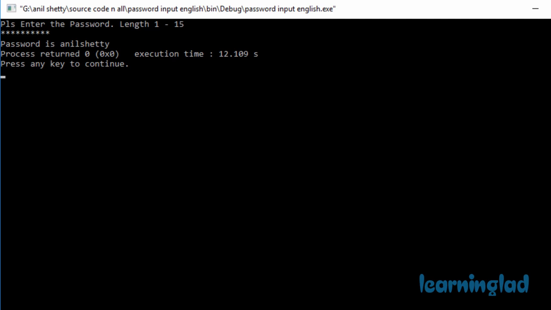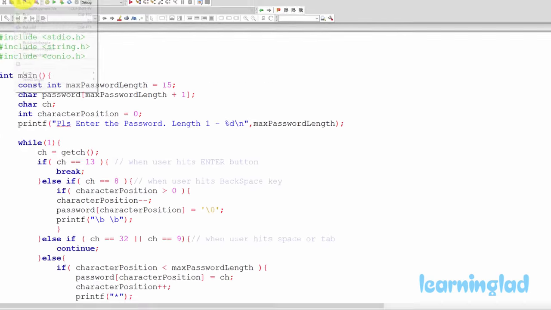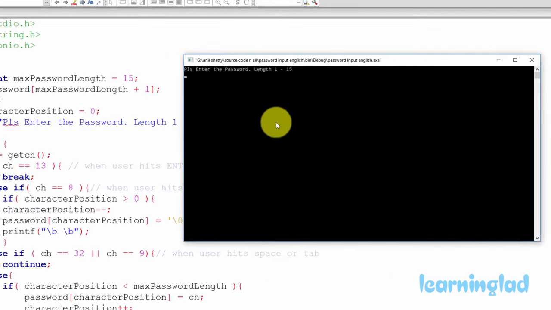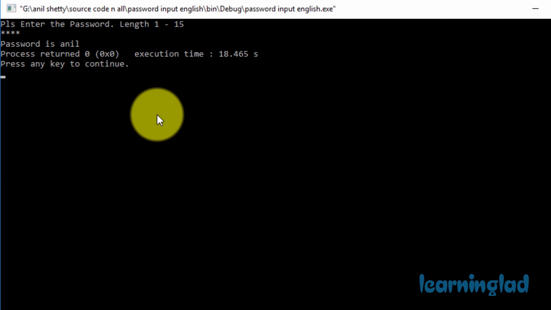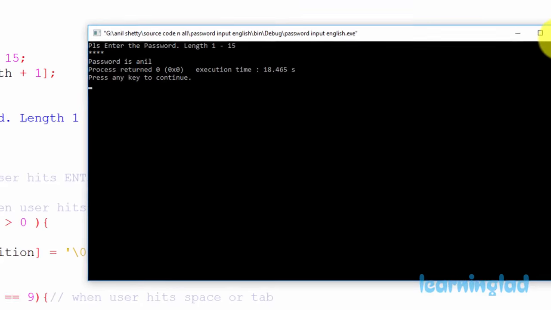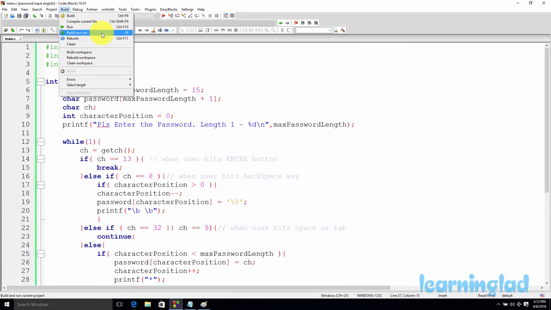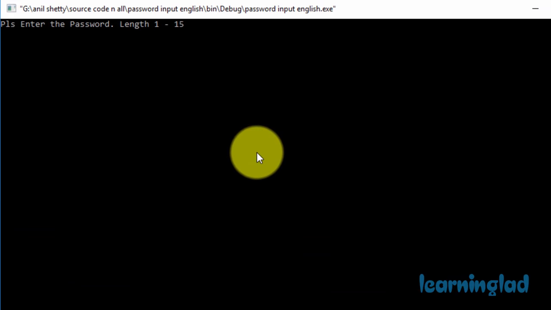It says password is Anil Shetty, and I'm gonna run it again, and this time I'm gonna enter my password. And then I just gonna think that, okay, I may have entered the wrong password, so I just wanna correct it by pressing the backspace key. And this time I'm gonna enter some more text after correcting my password, and I'm gonna hit the enter button. It says password is Anil, and again I'm gonna run it again, and this time I'm gonna enter a password